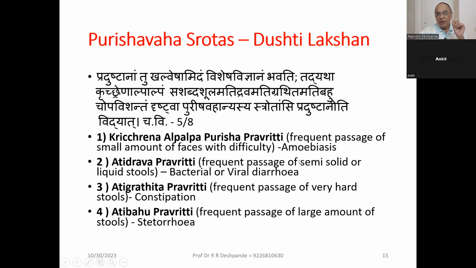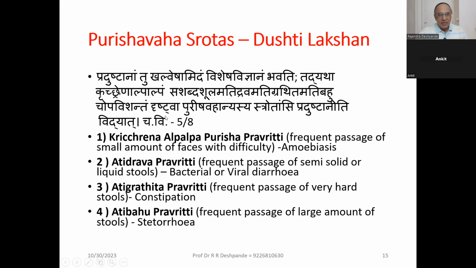In Ayurveda it is called pravahika. Amoebiasis, amoebic infection, from contaminated, polluted water. So he has to go to the toilet 5, 6, 7 times, but going to the toilet, no stool, then pravahana, straining, and a little stool with mucus. That's it. Again going to the toilet after half an hour, no stool, just a little. That is called amoebiasis.